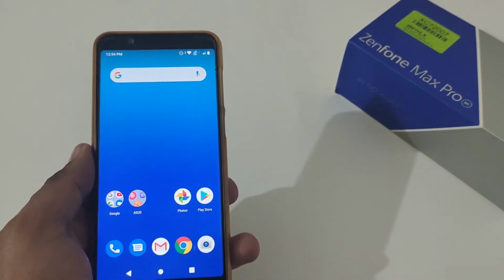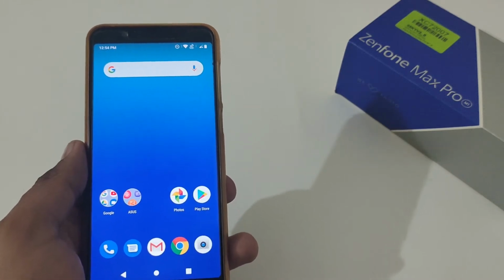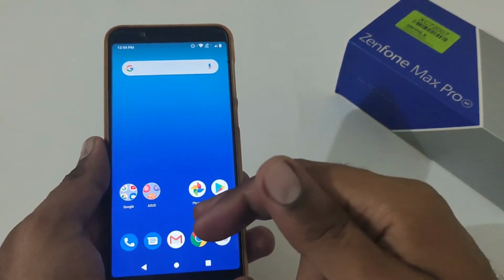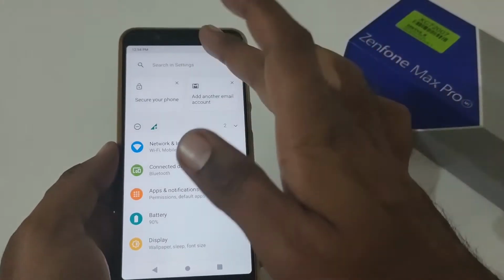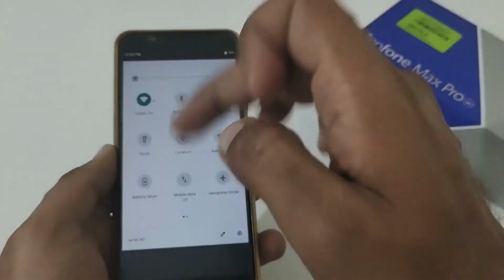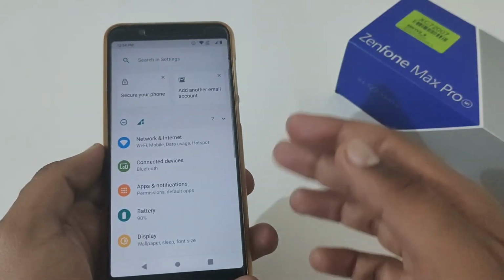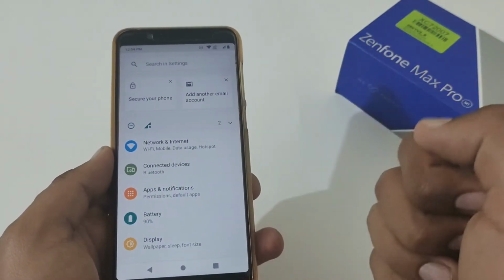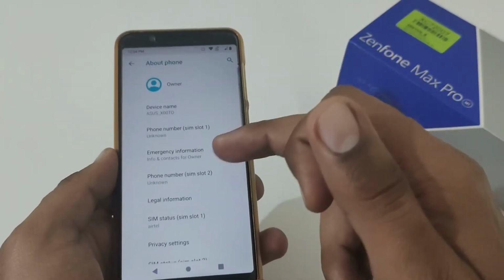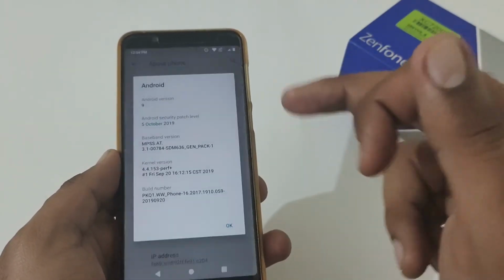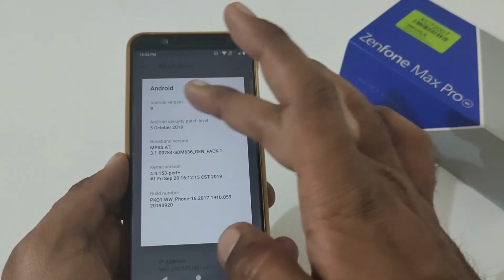So let's begin with that. I am doing this video with respect to Android Pie because most of the users are still on Android Pie, as we haven't got the stable Android 10 update from Asus, and it's almost a year now since they released beta 1 and we got 5 beta versions in Asus Zenfone Max Pro M1. So firstly, let me confirm the installed OS version. As you can see, Android 9 with the version 0.59.